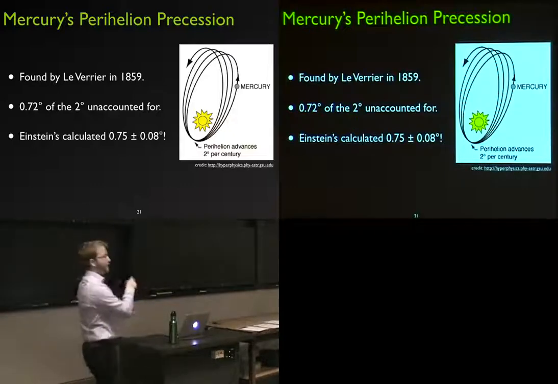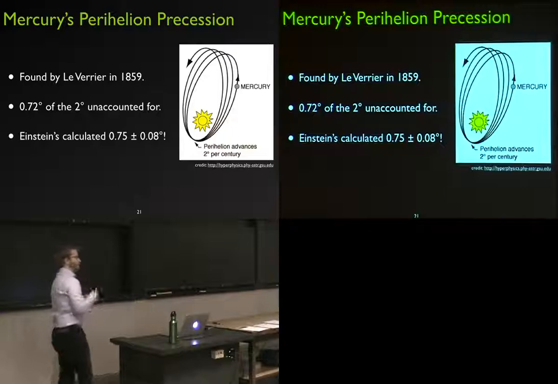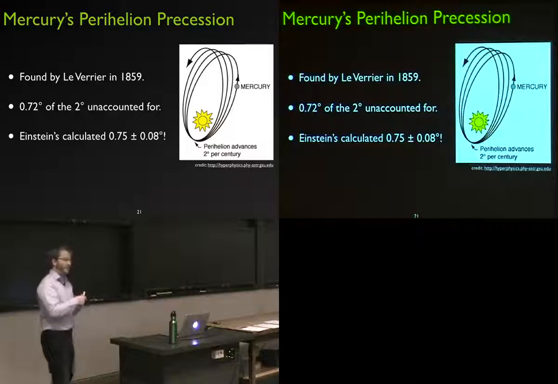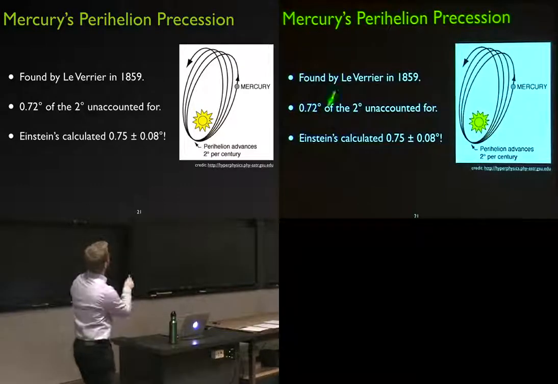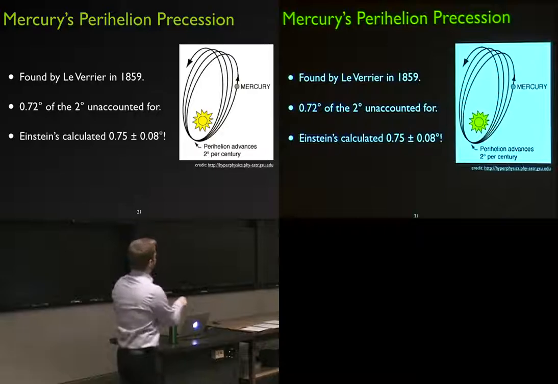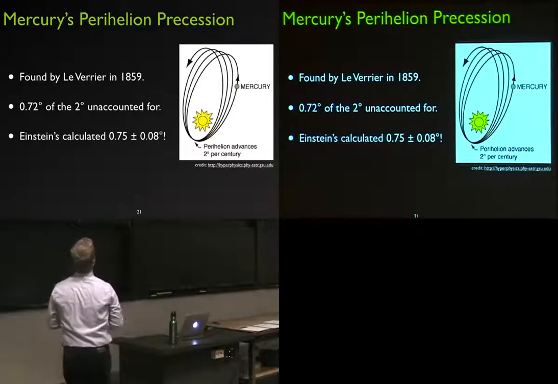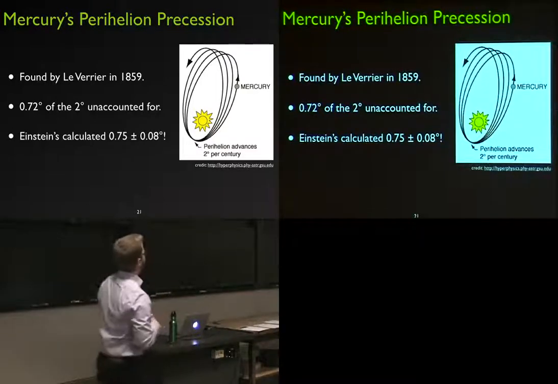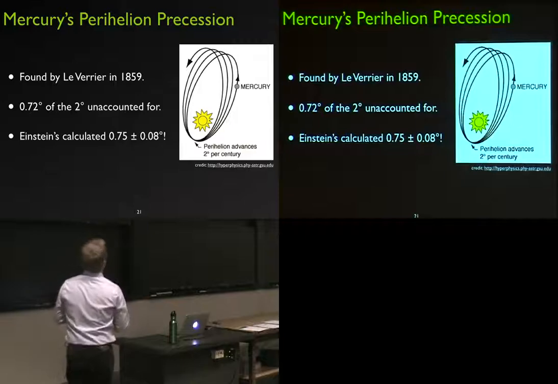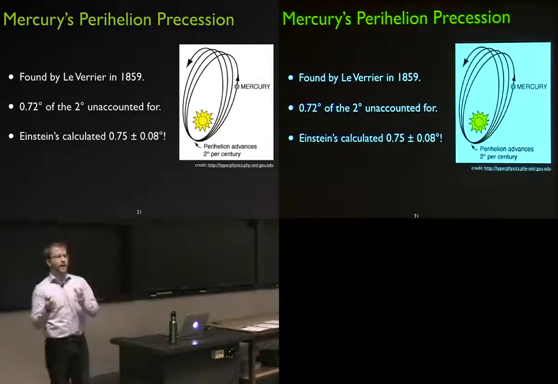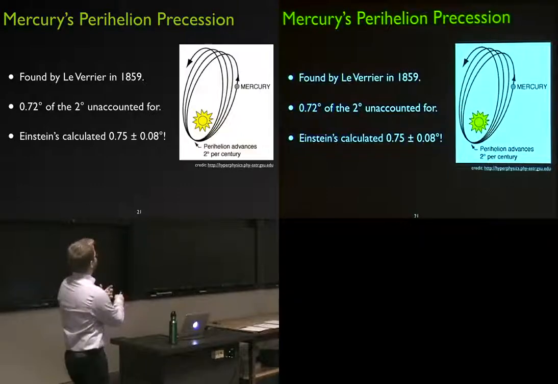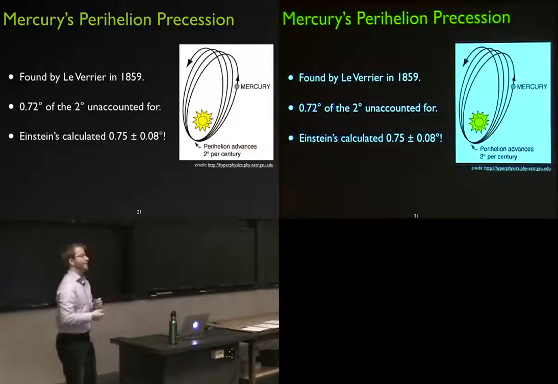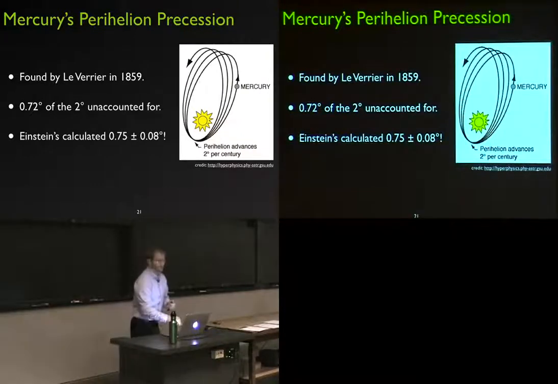And so this was that experimental observation that seemed to bring the existing theories of Newton's laws and Keplerian motion into question. But astronomers didn't really believe it, they just thought there was some bias in that measurement. I mean, it's a pretty small number, and it's a measurement over a century that would take what you are predicting here. And so they thought there just must be some mistake in the measurements, and didn't really put much thought into this effect. But when Einstein started moving toward this math of curvature, he predicted exactly that extra bit of rotation of Mercury's orbit, and was sure that that was evidence that he was on the right path.